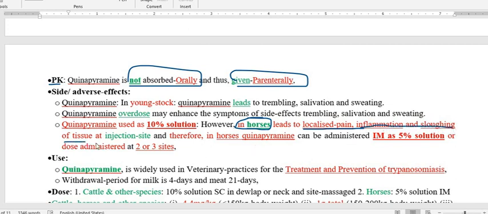Because it produces localized pain, inflammation and sloughing of the tissue, we have to use it for the horse as a